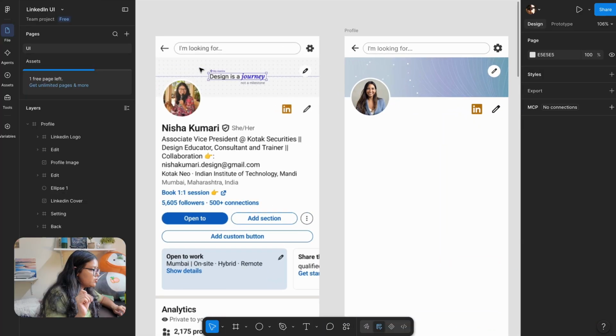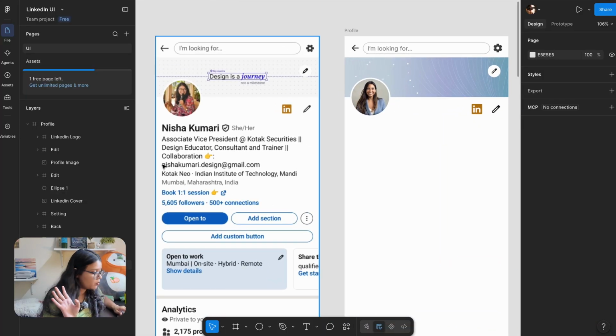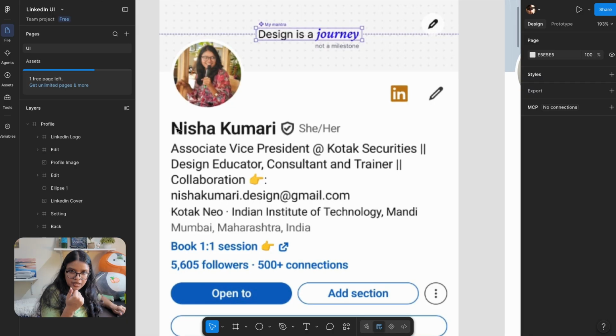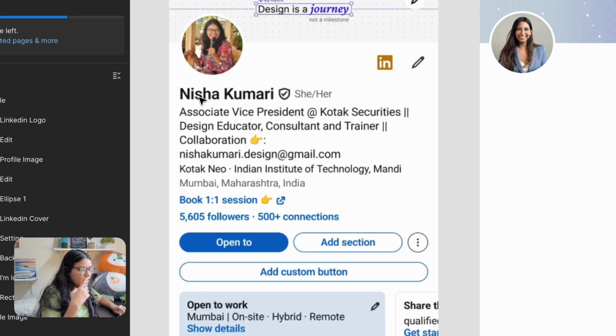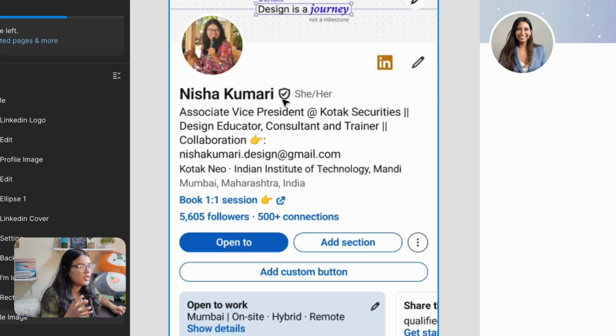ठीक है. Now let's move on and start working on the description of the profile. So what do we see here? We have the main name, which seems to be a bit more in terms of hierarchy, as in visually वो थोड़ा stronger है compared to the rest of the description. Then we have this icon. We have the gender space. We have the description. We have the location. Then we have some text buttons technically.